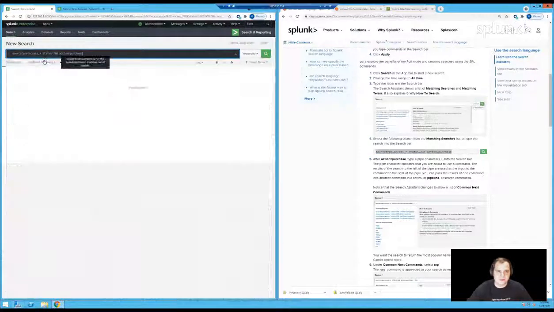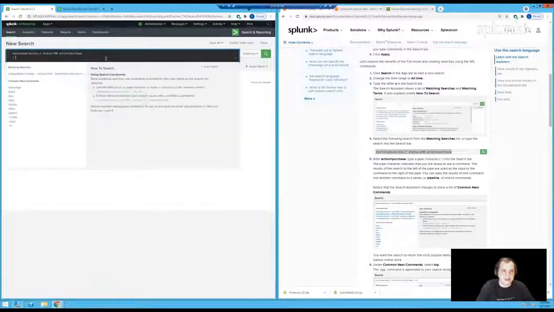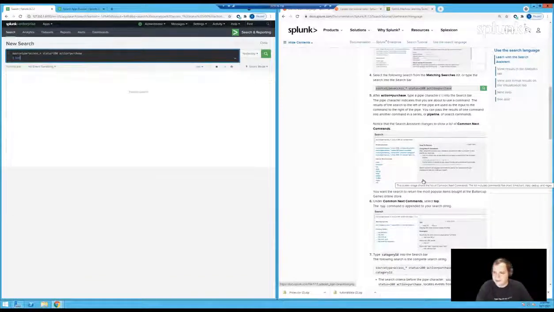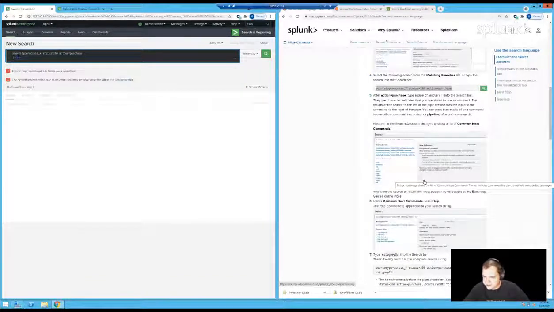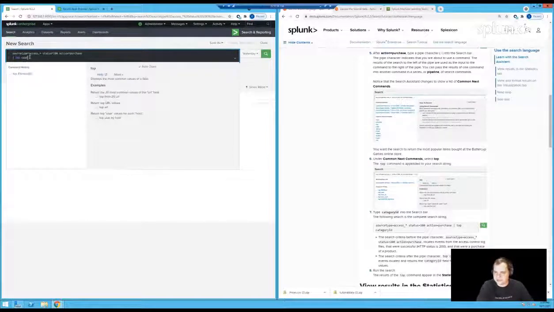And then basically, we're filling out the first one after action equals purchase. And then we do what's called a pipe. And I did shift return to add myself a new line that makes it easier to see. And the first command we're going to learn about today is top. And the top command is appended to your search string. And what it does, I got to actually give it a variable, category